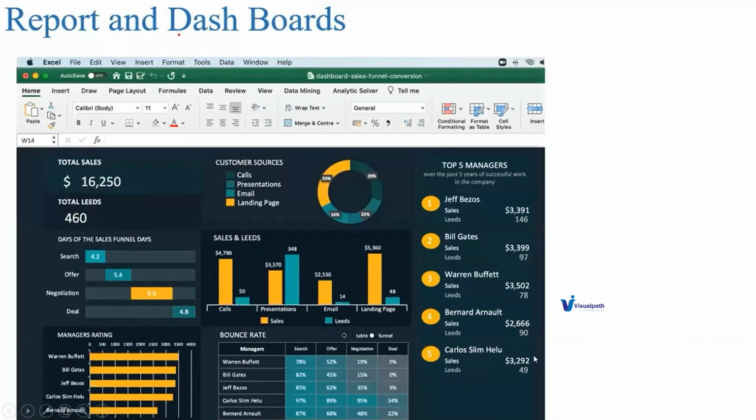Okay, this is the Excel dashboard, where you can prepare such dashboards and give the insights to your